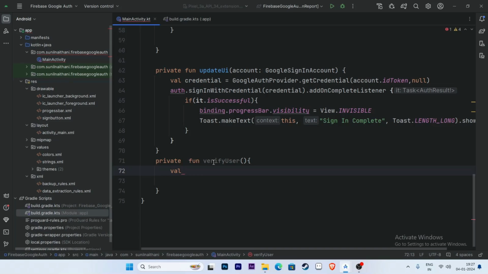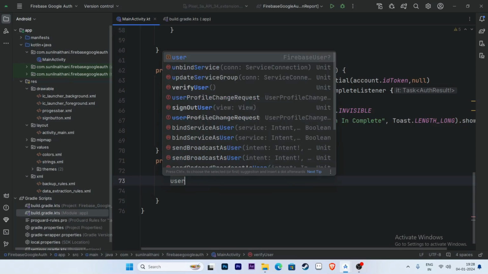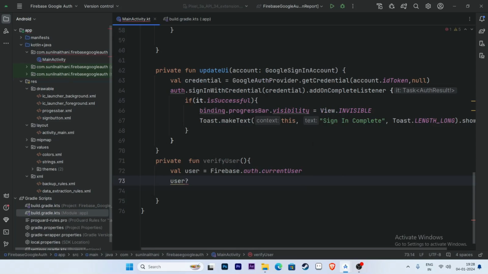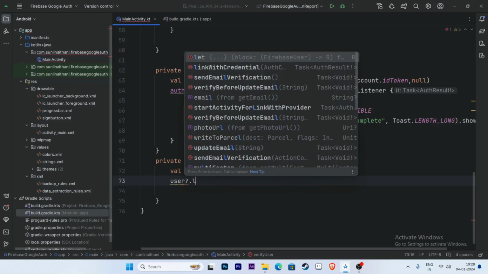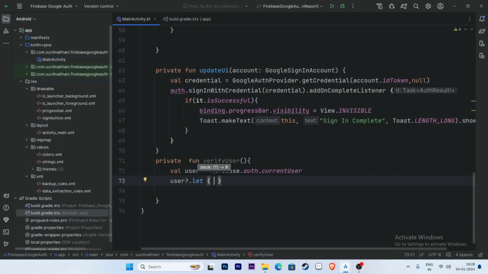You can name it verify user or user info. Val user is equal to Firebase.auth.currentUser. So user.let, right,